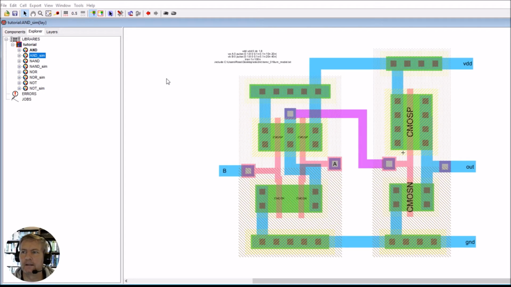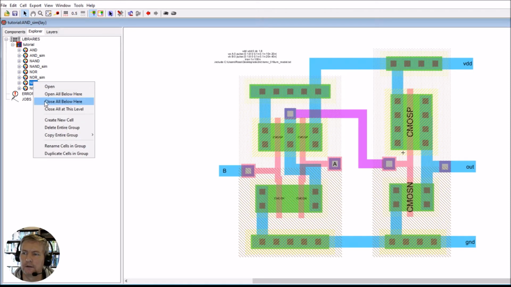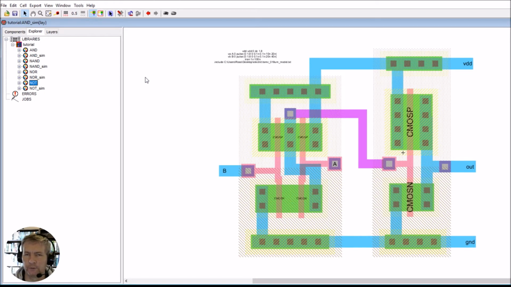So I've gone ahead and I've created an AND gate, and this is the AND gate here. It's the same as we've got for the NAND, the NOR, and I've renamed the inverter NOT. If you just right click there, you can see there's a rename cells and group. I've just renamed them all NOT as opposed to inverter,